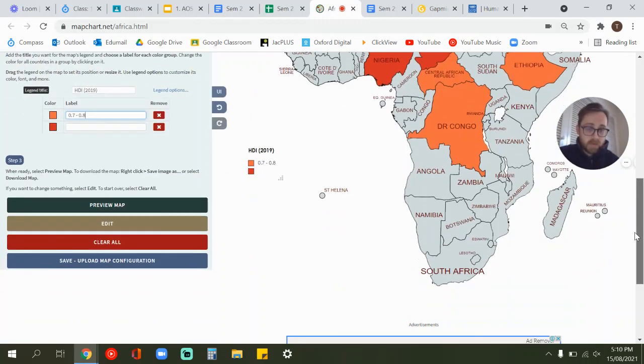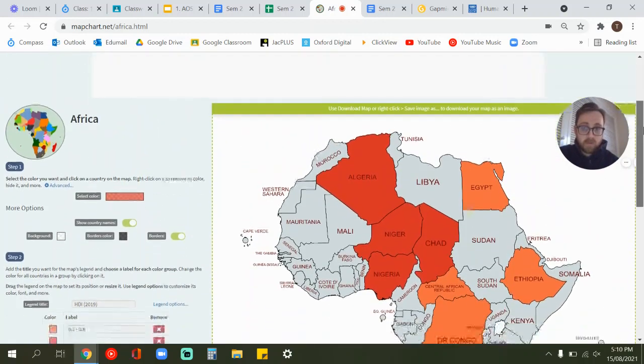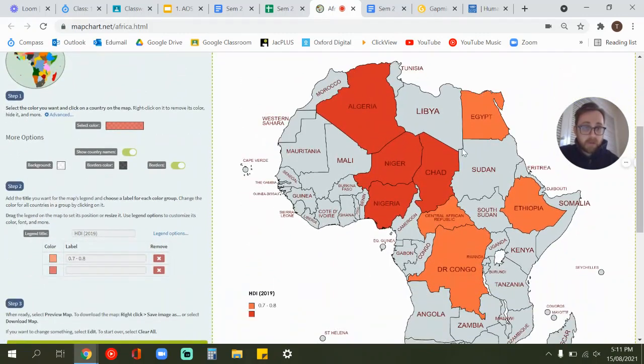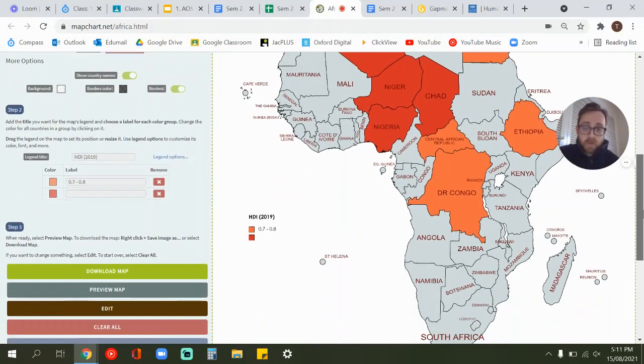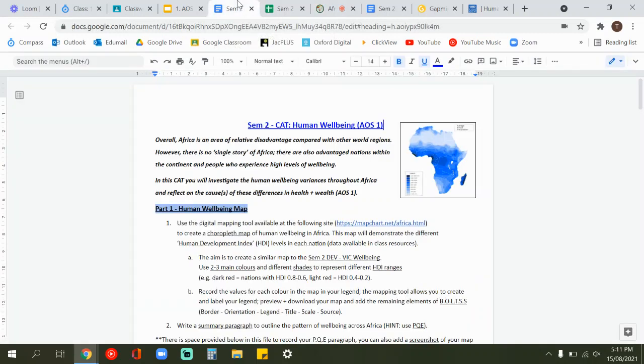And then all you'll need to do is, if you click on Preview Map, once you're finished, you'll see it's got this nice little border around my map. And you can either right-click on it and just go Save Image As. You can take a screenshot, or you can go Download Map, and that'll download your image for that map. Then you're done. All you need to do now is take that map, and you can either attach it to the assessment file, or